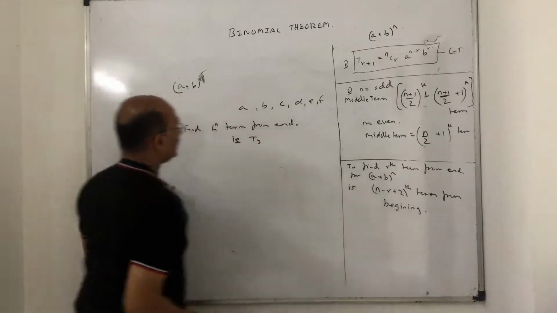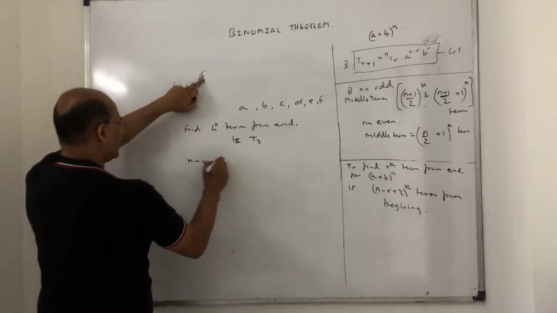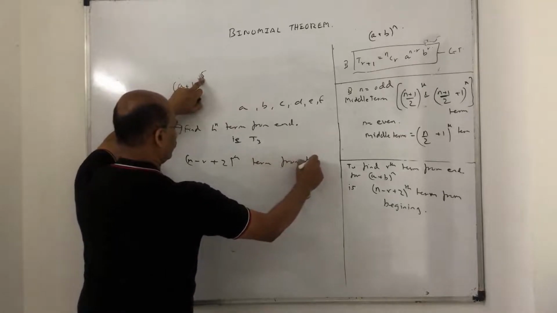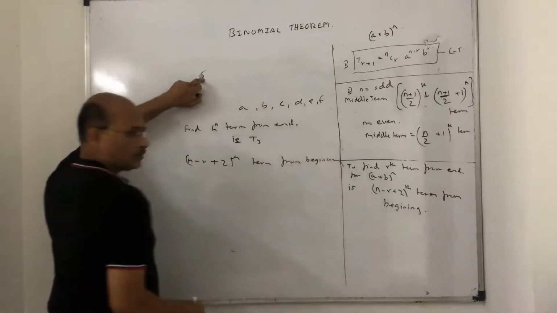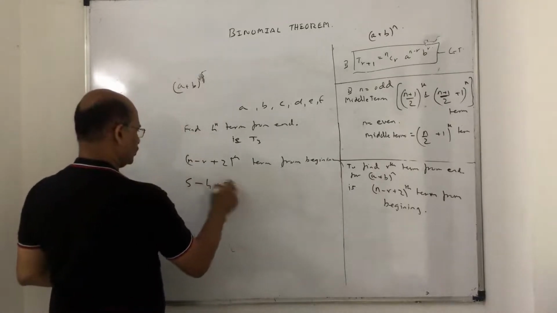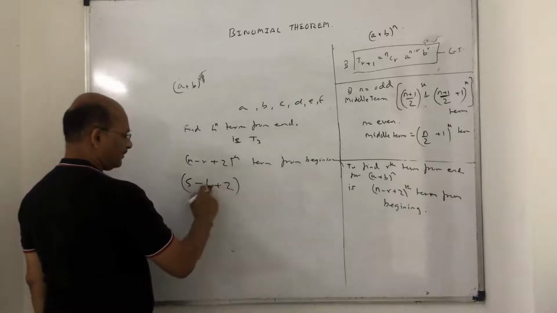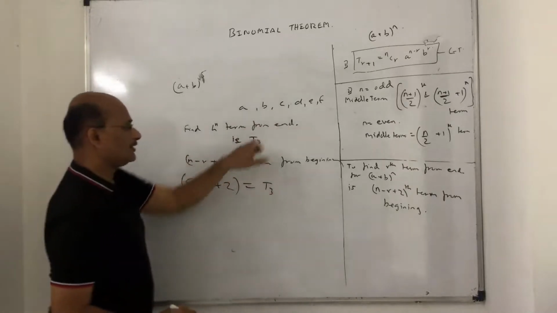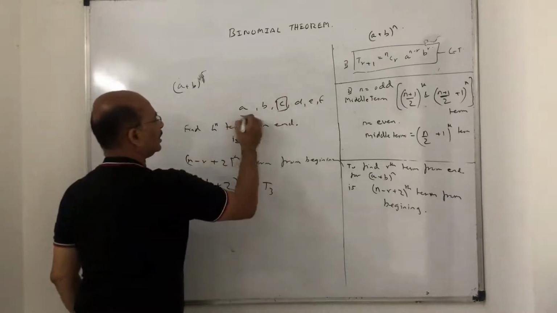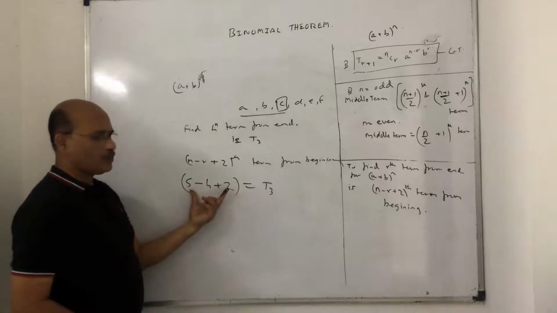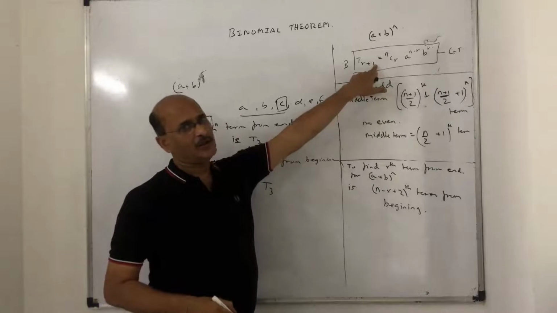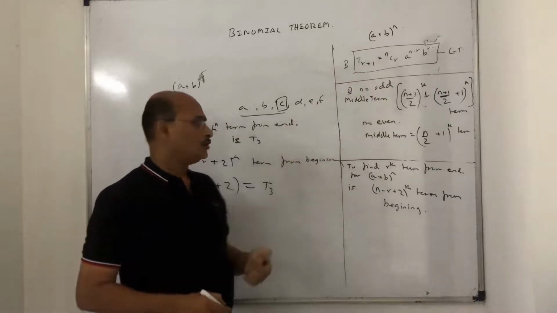I can use the formula directly. n is 5, and it is the n minus r plus 2th term from the beginning. So what happens? n stands for 5. Which term? Fourth term. 4 plus 2 is, nothing but 5 plus 2, 7. 7 minus 4 is the third term. I'll just give you an example. Fourth term: 1, 2nd, 3rd, 4th. The fourth term from the end is the third term from the beginning. So this is a very important formula to understand, because once you get the position with this formula, you can use the general term formula and find the value of that term. So keep that in mind.